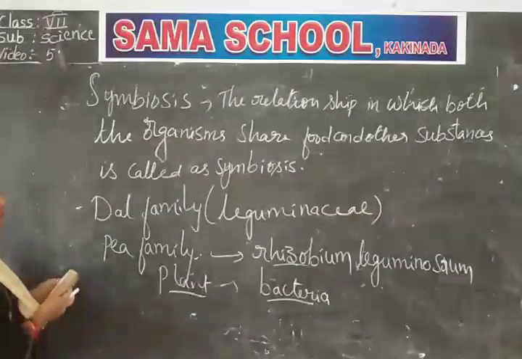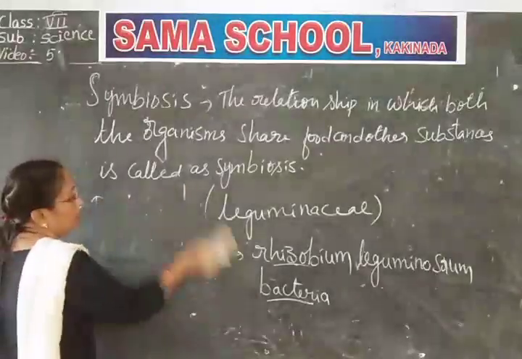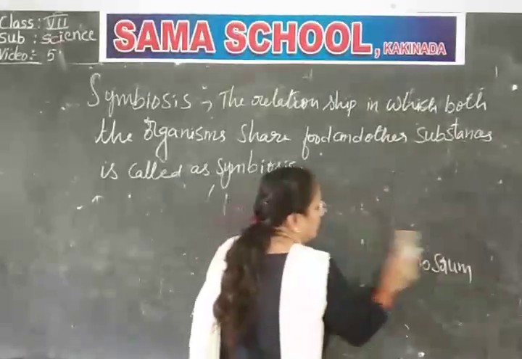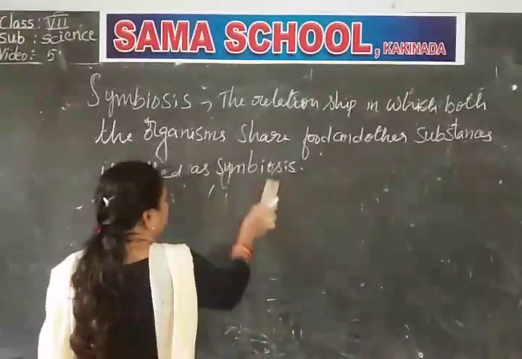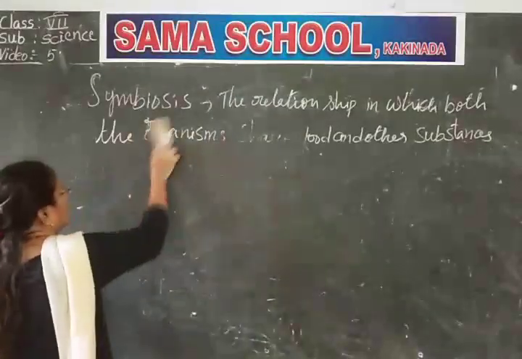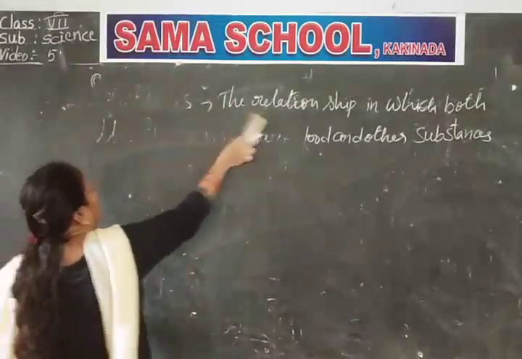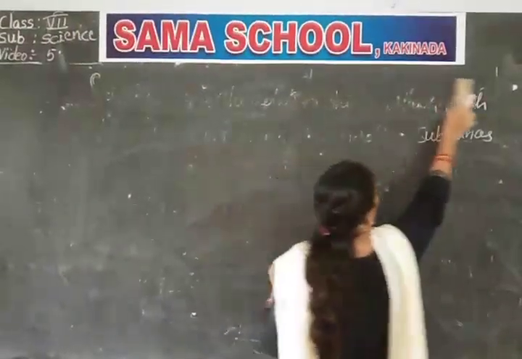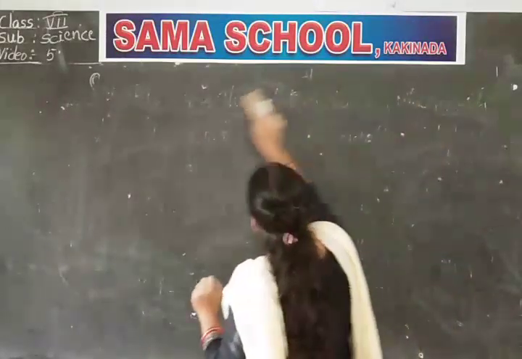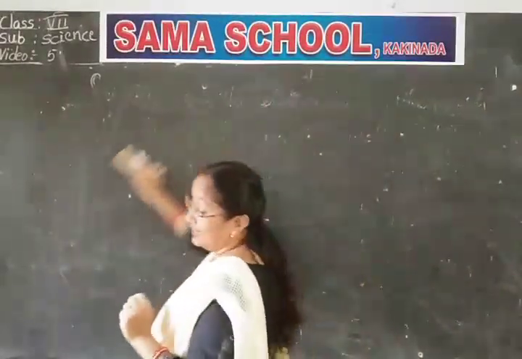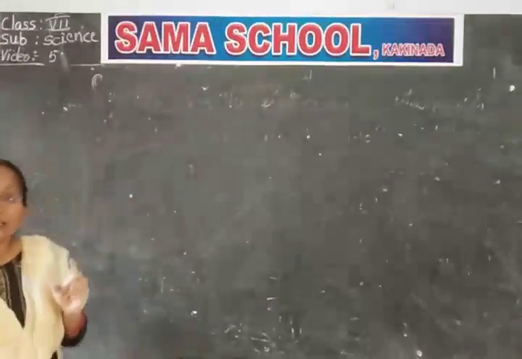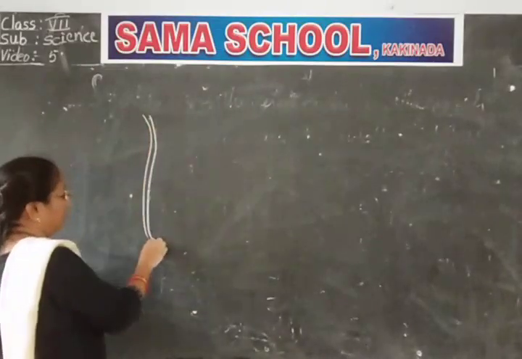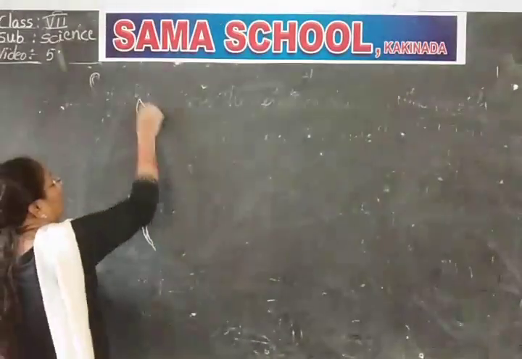So let me explain by drawing. I hope you understood the symbiosis phenomena, symbiotic relationship, symbionts, organisms, pea plant, Rhizobium leguminosarum. This relationship you will find in 8th class, 9th class and 10th class also. Okay, this is very important. So the plant is not important here, of course, whatever it may be.